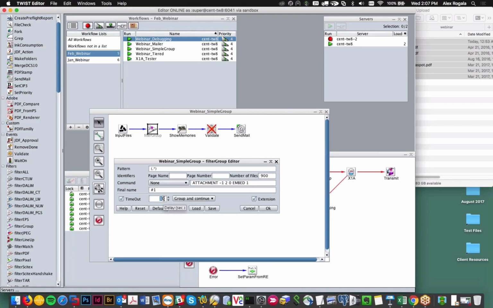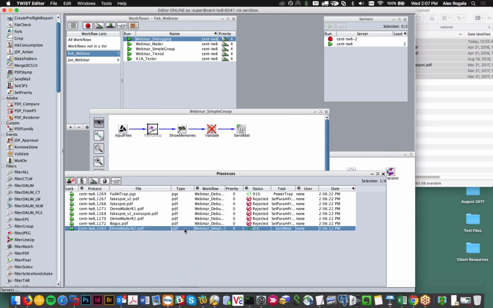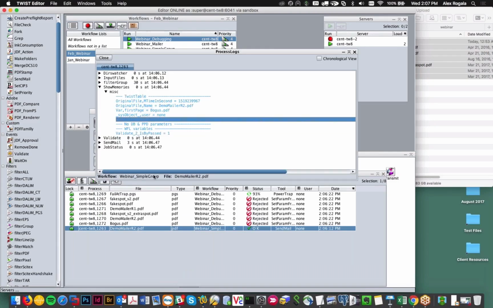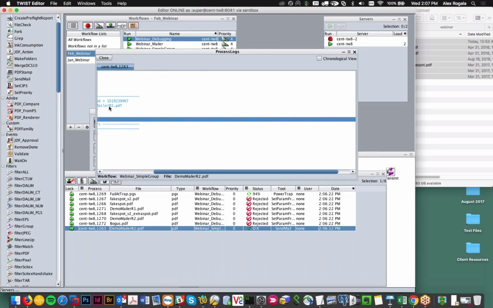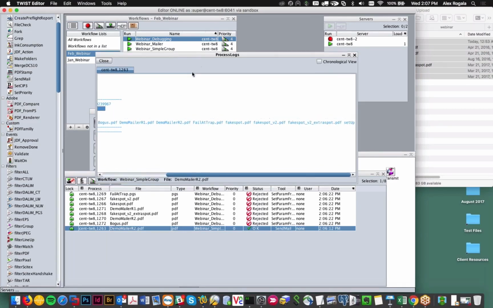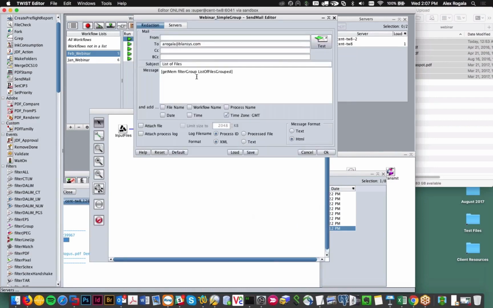In your case, that would be set to however often you wanted those emails to send. So what happens when files run through here is it makes an entry in the Twist table with a list of all the files that were grouped at filter group, which you can't see if I select it. But you can see here I just have a large list of all the files that have run through that filter group tool. And since I have that hooked up to a send mail and that combined the process, I can just put that list of files grouped variable in the body of my email, and lo and behold,